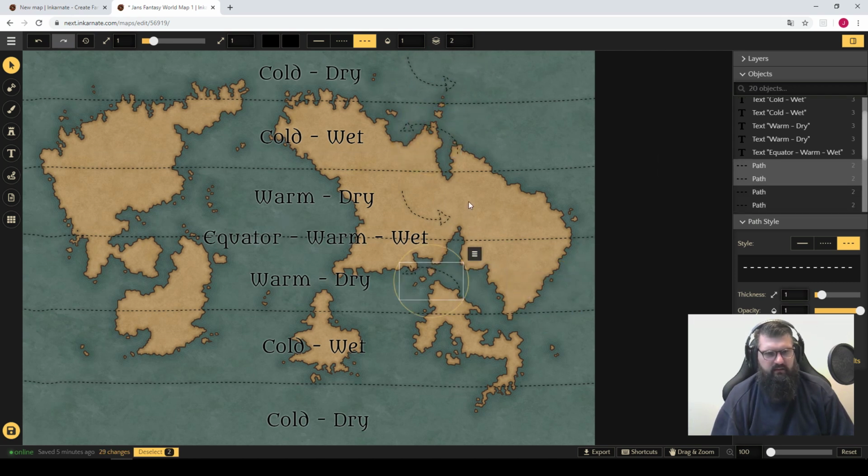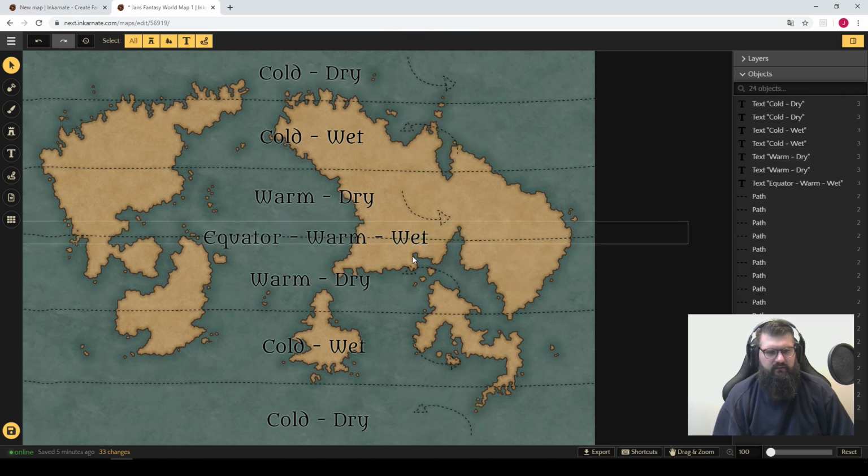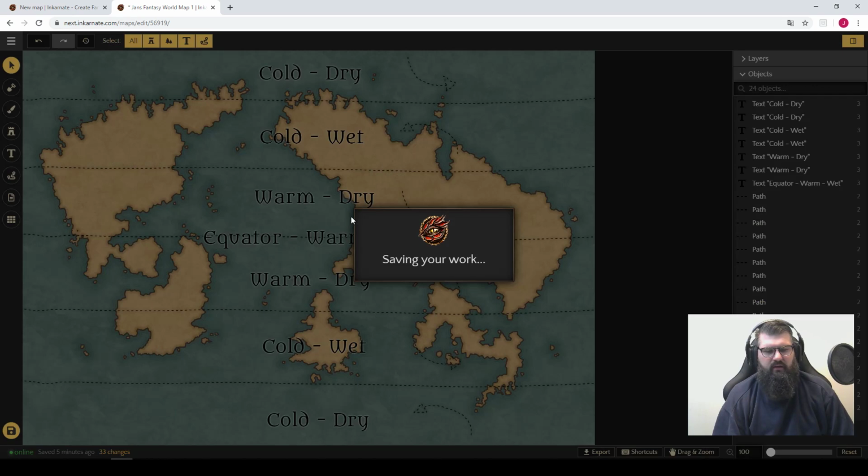Like this, and like this, and like this. So this shows our major wind areas, and this will be important when we are choosing